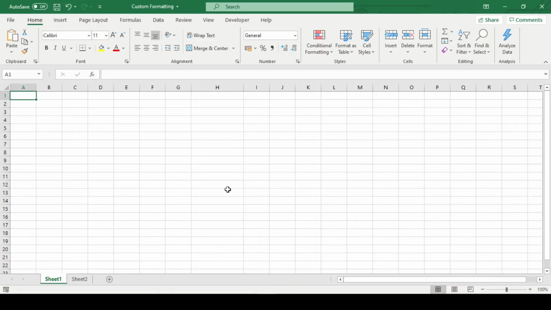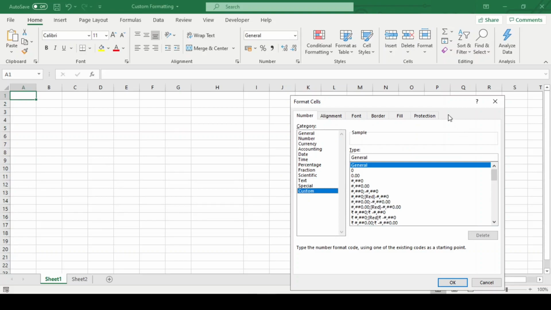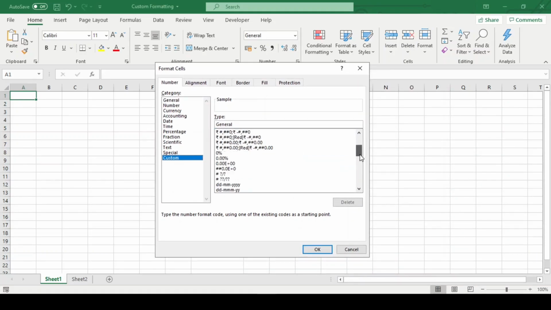Today, in this video, we will see how to do custom formatting on number or value. For instance, if we go to Format and Custom over here, we see a whole list of predefined custom formats already available. These formats are constructed using characters like 0, hash, semicolon, underscore, and question mark.